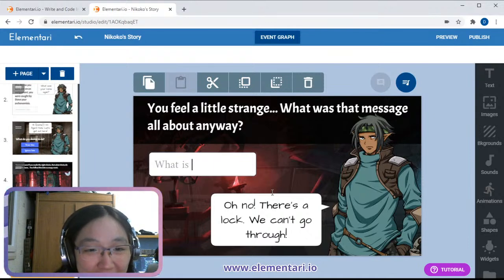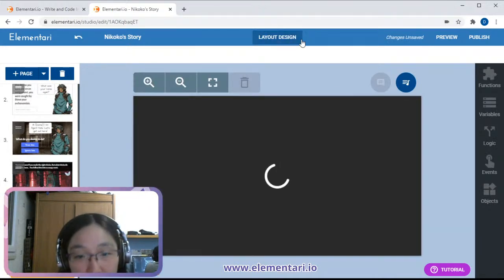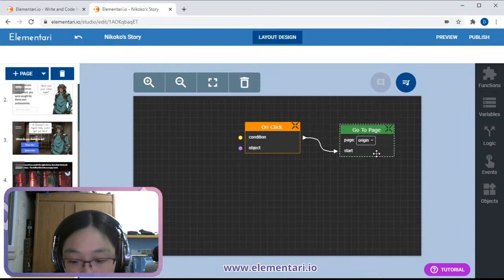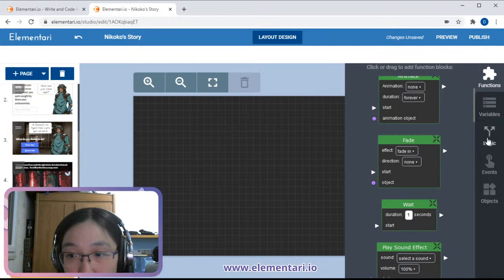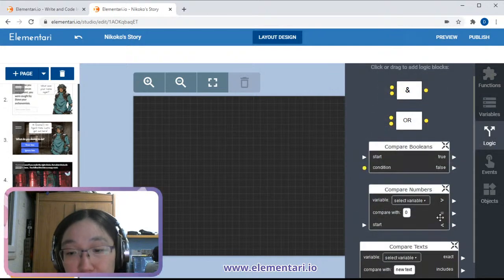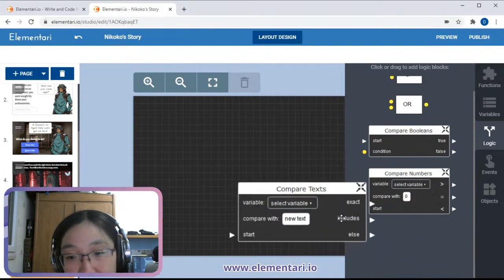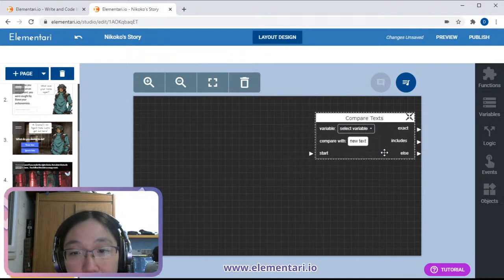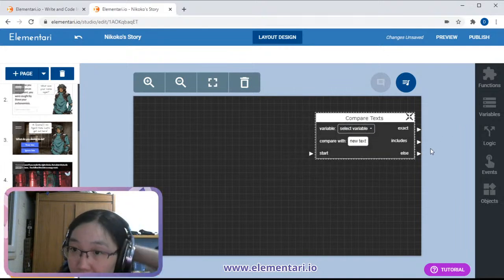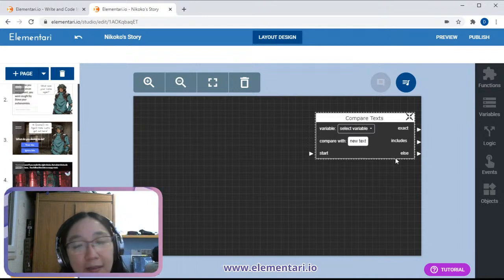What is the password here? Okay. So in order to code everything, once again, we need a variable. And we're going to use a new block that we never really encountered before, and that is the compare text block. So this is a conditional in programming language. It's basically an if-else statement.